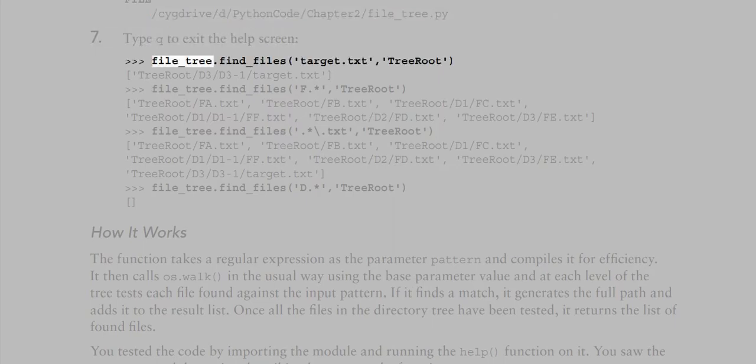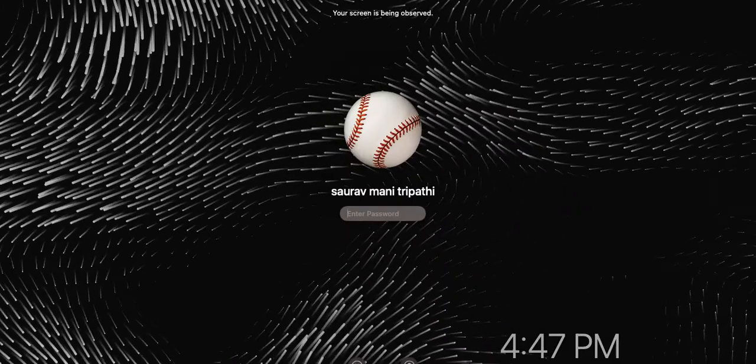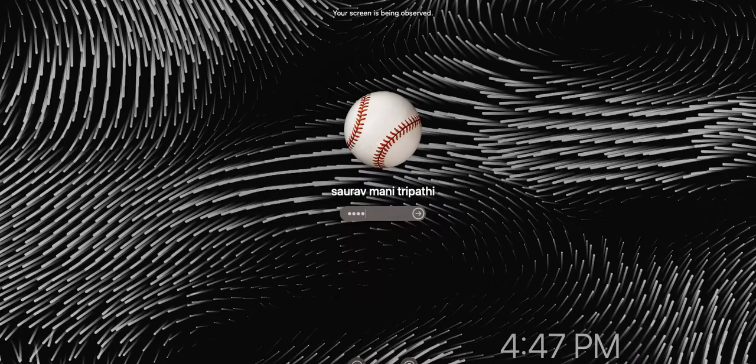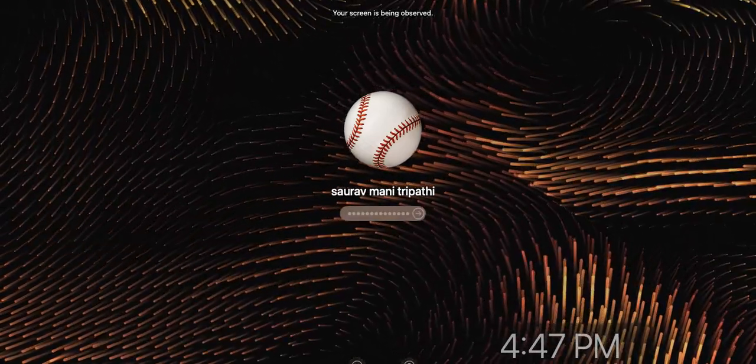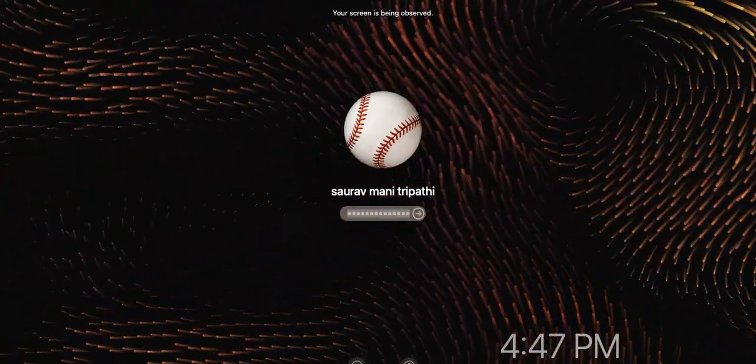file_tree.find_files('target.txt', 'treeroot') returns treeroot/d3/d3-1/target.txt. file_tree.find_files('f', 'treeroot') returns treeroot/fa.txt, treeroot/fb.txt, treeroot/d1/fc.txt, treeroot/d1/d1-1/ff.txt, treeroot/d2/fd.txt, treeroot/d3/fa.txt,